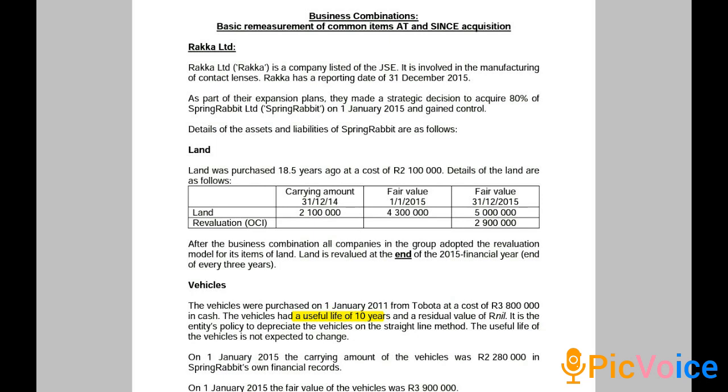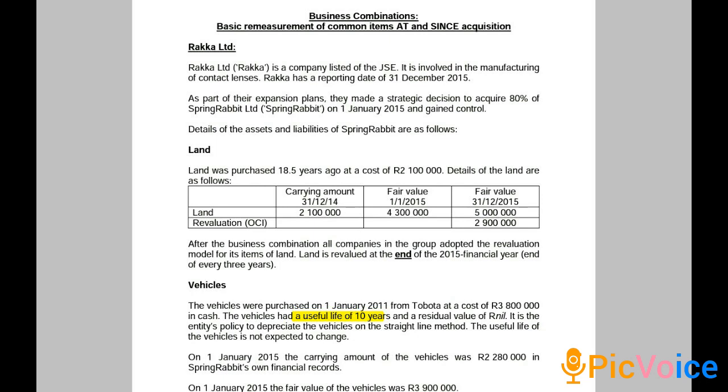The land was purchased 18 and a half years ago at a cost of 2.1 million, and at acquisition date that land had a fair value of 4.3 million. Because of the measurement principle, we need to show the land at 4.3. However, in the separate statement of the subsidiary, that land is shown at cost, so we need to bring the land to fair value. What we will do is increase the land by 2.2 million, and we will have deferred